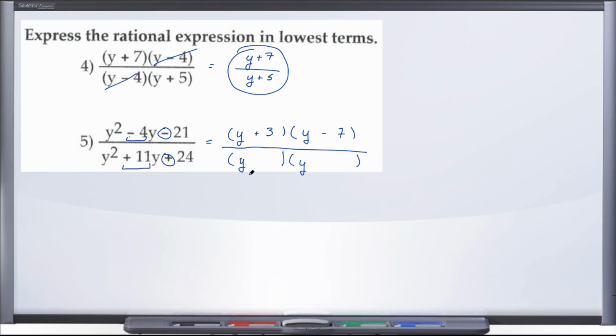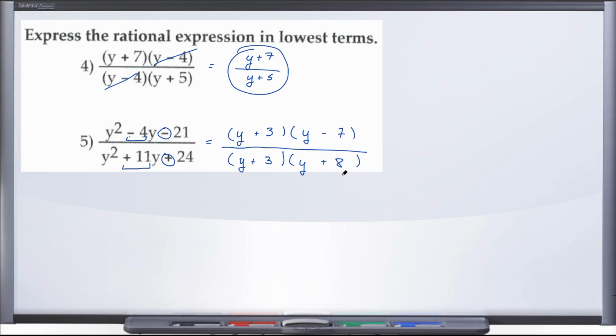Well, factors of 24, how about positive 3 and positive 8? 3 plus 8 gives us 11. Positive 3 times positive 8 gives us positive 24. Let me say that again. 3 plus 8 gives us positive 11, and 3 times 8 gives us 24. I don't know if I said that correctly the first time. But now we have